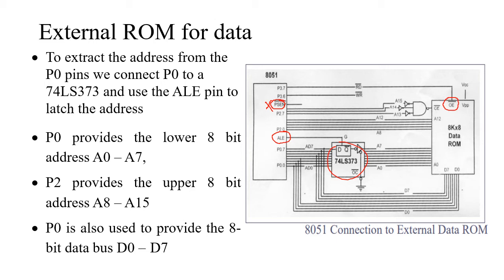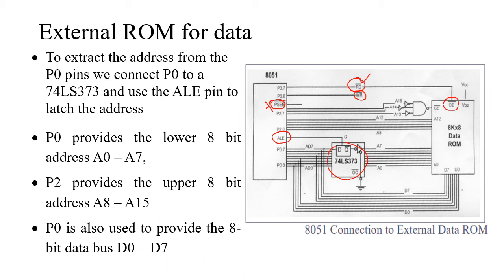In 8051 port 3, we have port 3.7 and 3.6, that is write bar signal and read bar signal. The read bar signal is used to read the data that is present in the data ROM. Write is required when you want to write to the data memory using the microcontroller. If you want to write any data into the memory, only in such cases we have the write bar signal. Here, since it is interfacing a data ROM, we will be using it for read purpose. So we will be interfacing only the read signal that will be connected to the output enable signal.